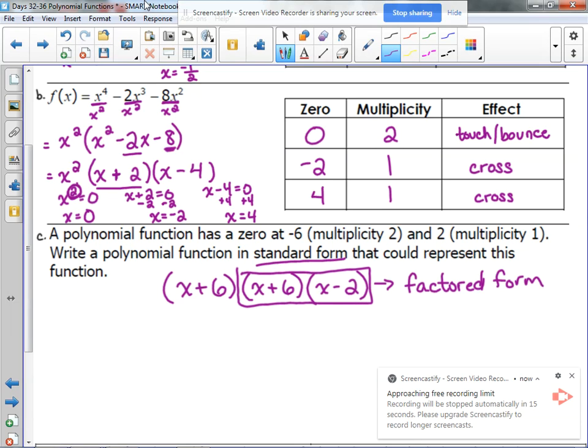Start by FOILing the last 2. x plus 6 times x minus 2. x times x is x squared. x times negative 2 is negative 2x. 6 times x is 6x. 6 times negative 2